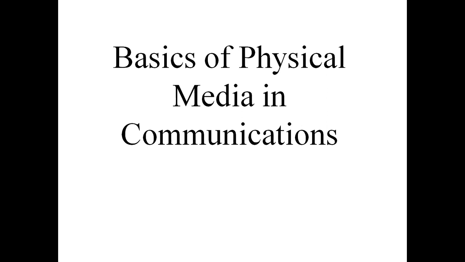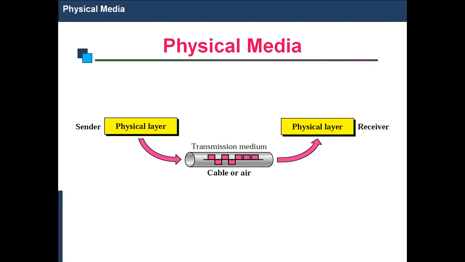There are different technical parameters which we are using. Here, what is meant by physical media? It is the connection between transmitter and receiver, or source and destination, or sender and receiver, the medium. This is the best example which I am showing here, physical media. Here, this is one location, called the sender. The other location is called the receiver. We have to transmit some information from sender to receiver. The connection between sender and receiver is the medium or media, that is, physical media.